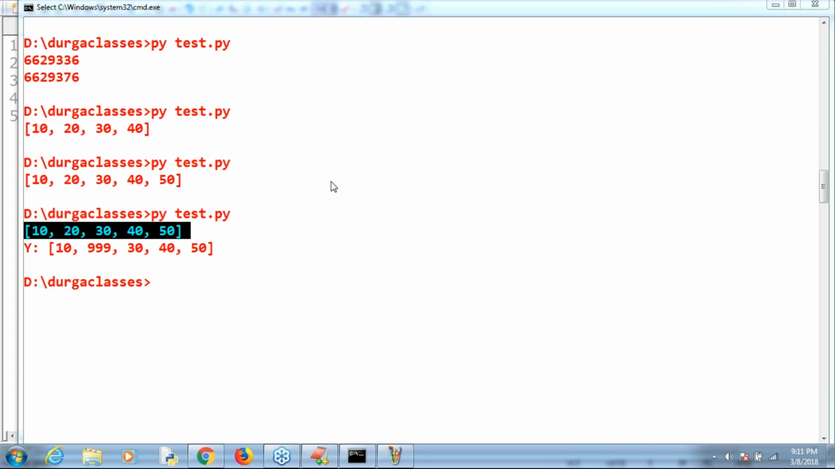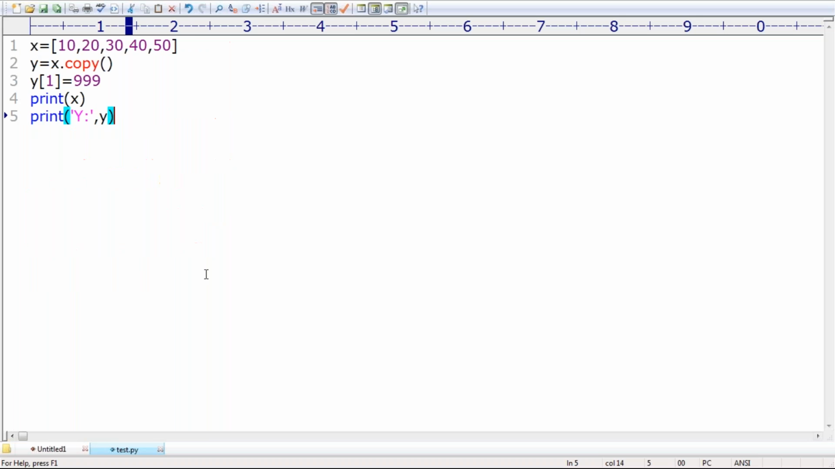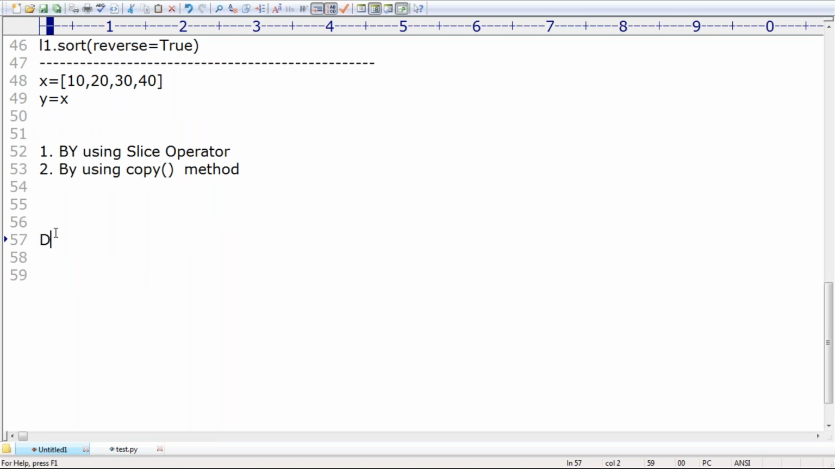Cloning means a completely different object is created by default, but aliasing is the same object with another duplicate reference variable created. In the interview room, there may be a chance to ask what is the difference between